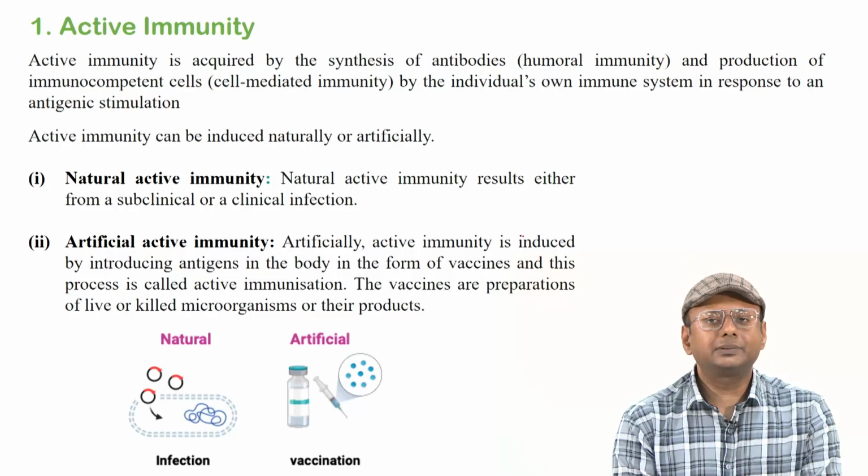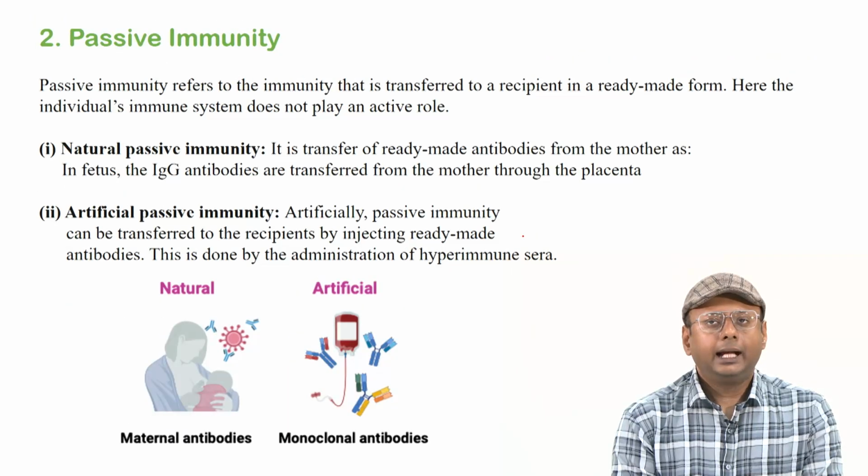But what is artificial active immunity? In case of artificial active immunity, this happens by the introduction of antigens into the body, basically in the form of a vaccine. Okay. And then there can be passive immunity, which is not produced in our body,